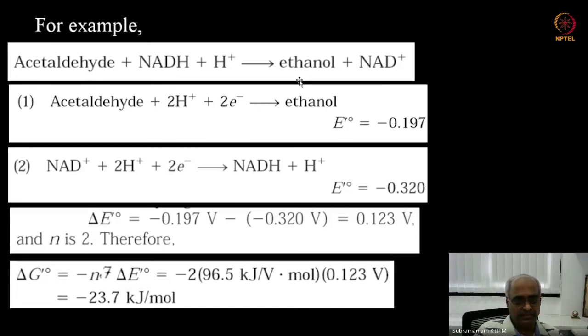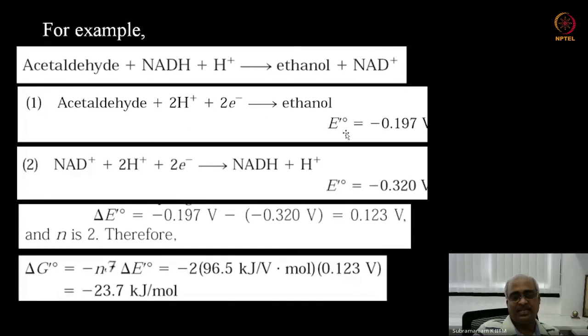Here, first we calculate for this redox pair, ethanol and acetaldehyde. The transfer is a 2 electron, 2 hydrogen transfer, so the number of electrons n in that equation will be 2. So here is the standard reduction potential at pH 7,